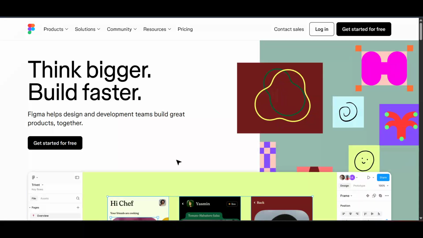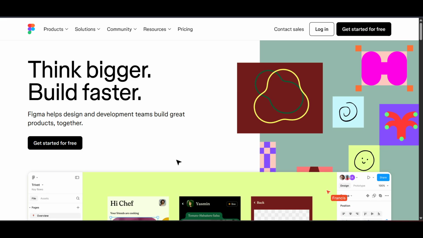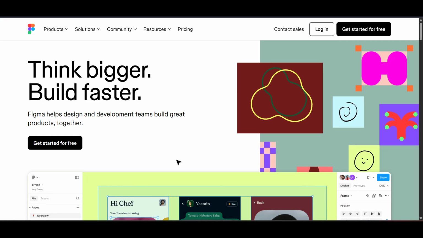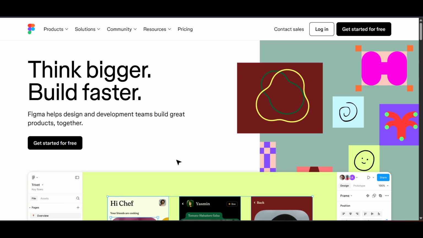In today's video, I'm going to teach you how to add or insert a video in Figma by embedding it into your prototype using Anima. This process is incredibly useful for designers who want to create more dynamic and engaging presentations of their work. By the end of this video, you'll be able to seamlessly integrate videos into your Figma prototypes, enhancing the storytelling